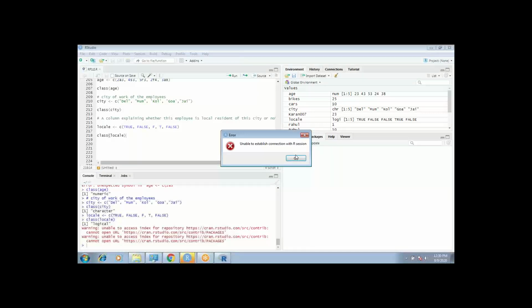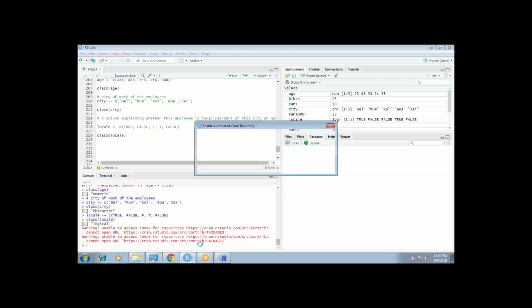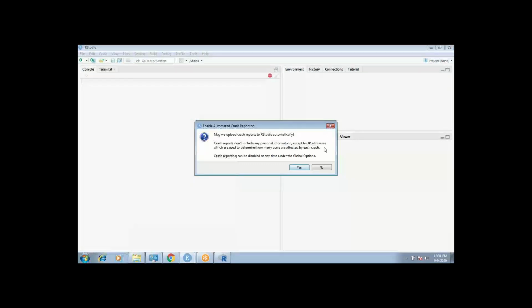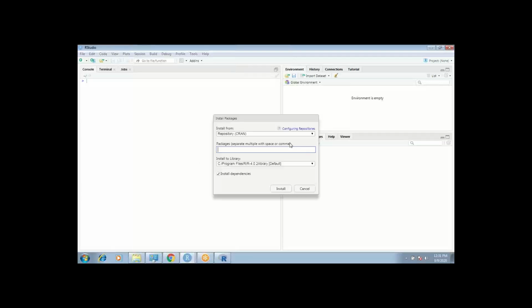Unable to connect connection with our session. Okay, close this RStudio. Save. Yes, simply. Go to packages this time. Type word.